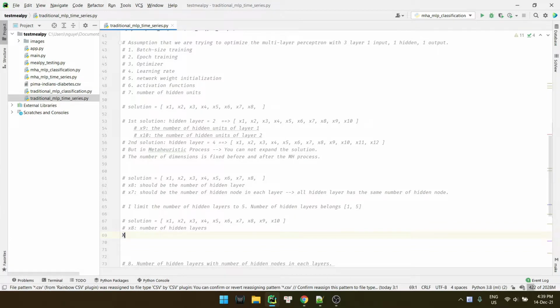Okay, and x9 should be the number of hidden units in the first hidden layer.